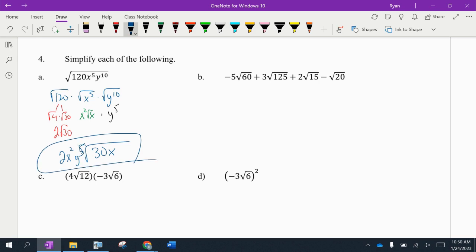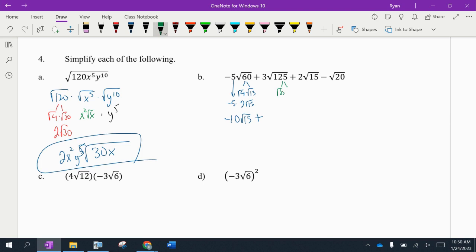Letter B. Lots of little parts to break down in this one. Square root of 4, square root of 15. So that's 2 root 15. Bring down that negative 5. So the very first term is negative 10 root 15. Plus,